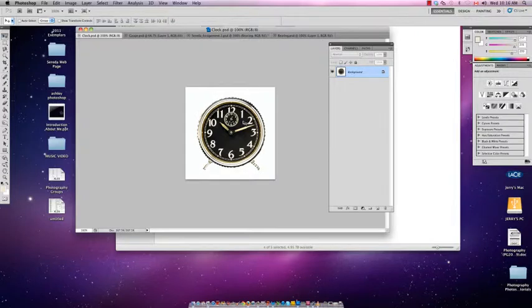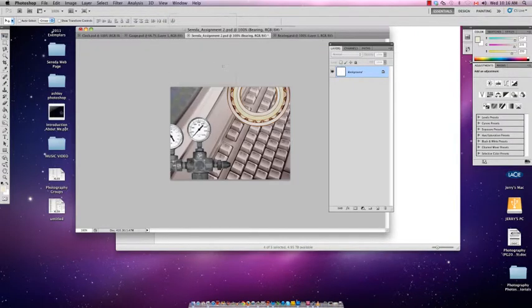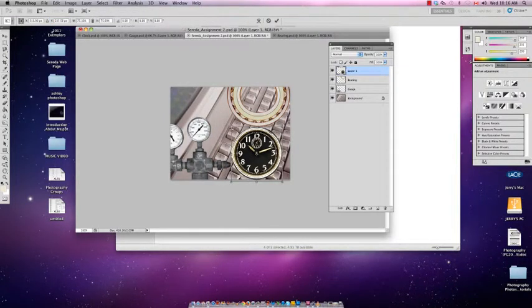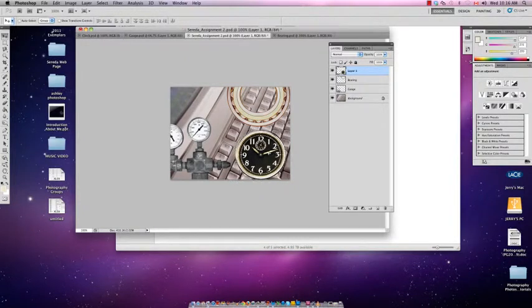Go to my Move tool, and I can move the clock to my new assignment. Okay, and press Command T to transform it. There's my clock. Give it a meaningful name. And I can now edit